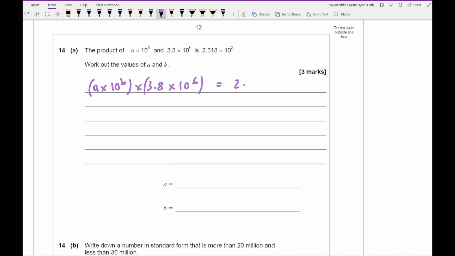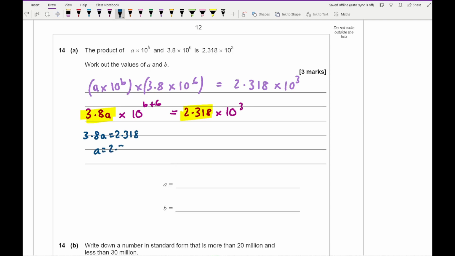And that equals 2.318 times 10 to the power of 3. So comparing and multiplying this out, we get 3.8a multiplied by 10 to the power of b plus 6 equals 2.318 times 10 to the power of 3. Now from this, what we know is that 3.8a must equal 2.318. So 3.8a equals 2.318, so a equals 2.318 divided by 3.8,